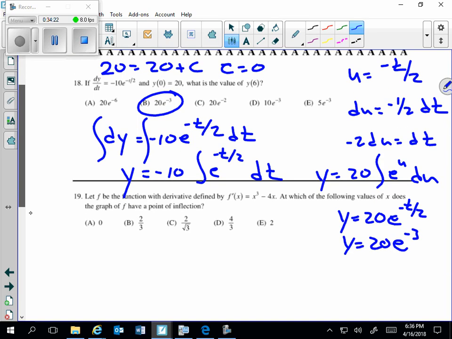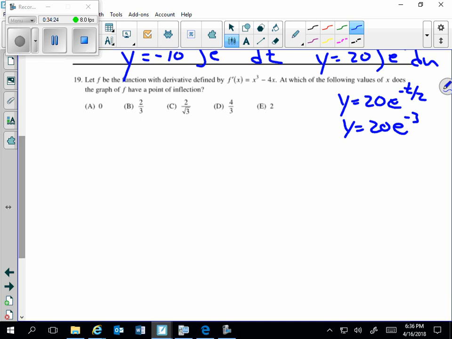Number 19. Let f be that function. F prime is equal to that function. Where does a point of inflection occur? Where my second derivative is equal to 0. My second derivative, bring the 3 down in front, decrease the exponent by 1, subtract 4,